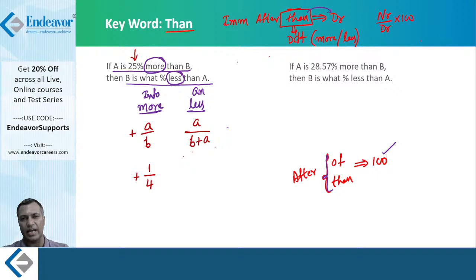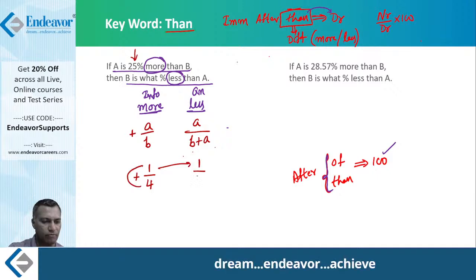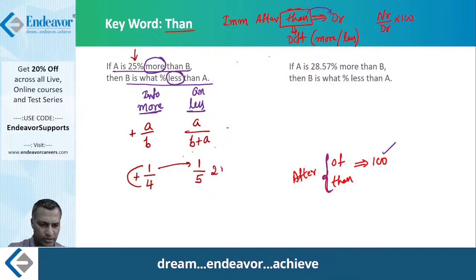Now look at your answer. Repeat this one as it is. What is 4 plus 1? 5. Write that. That's your answer. Is my answer 20%? Yes, that's what you said before as well. What is 1 by 5? 1 by 5 is the fraction form. What is the decimal form of this number? 20%. Right? That is also fine.